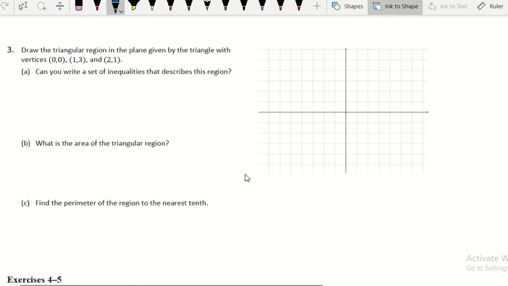Okay. So on the triangular region in the plane. Okay, so for number 3, we're going to start by plotting our point. So we have the point right here, 0, 0, 1, 3, and then 2, 1. The other point is at 1, 3, and then the last one here is at 2, 1. So if we were to draw, we want to come up with a set of inequalities that describe this